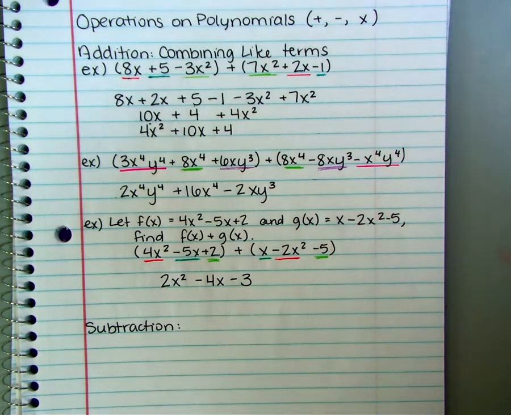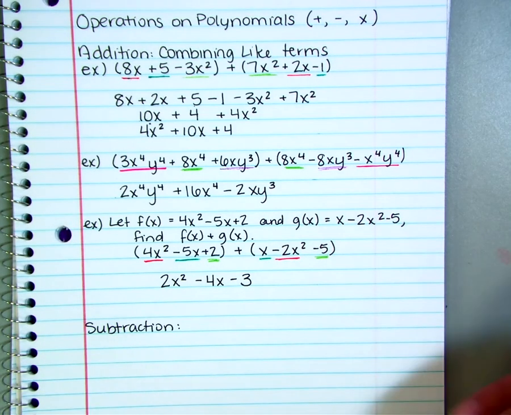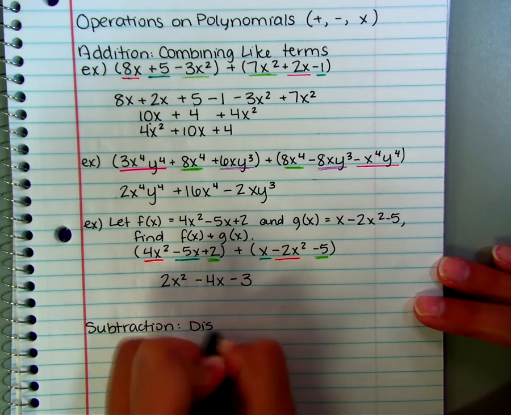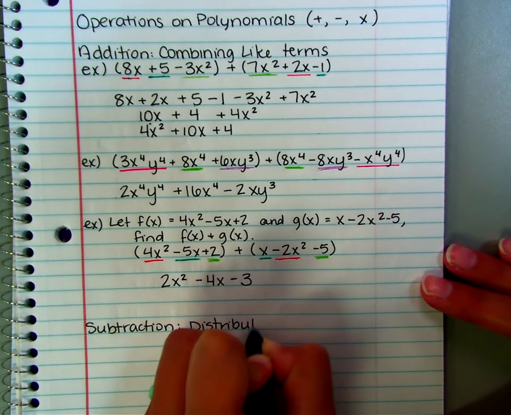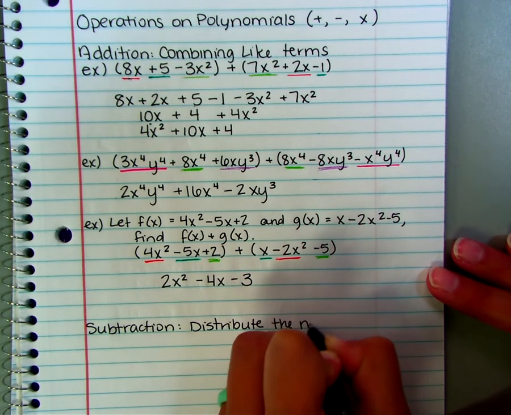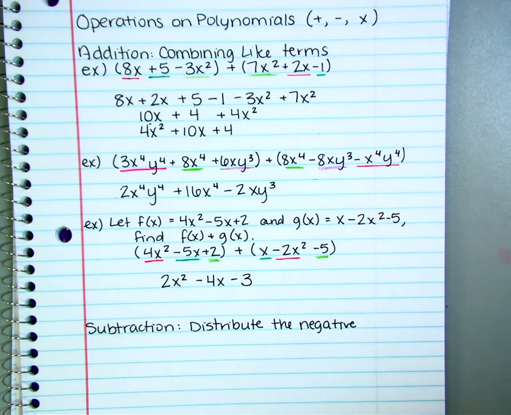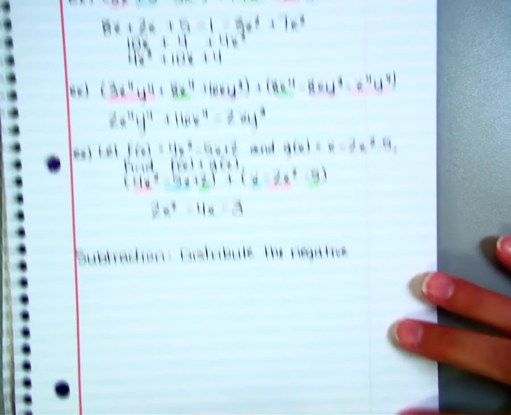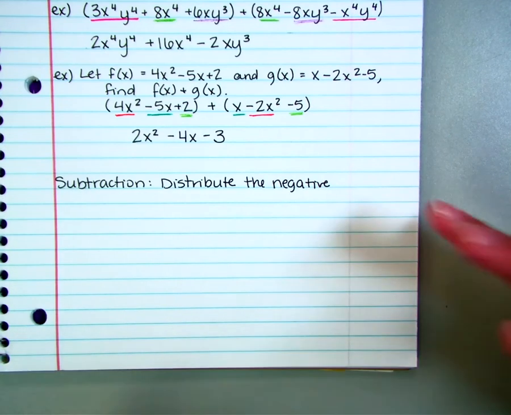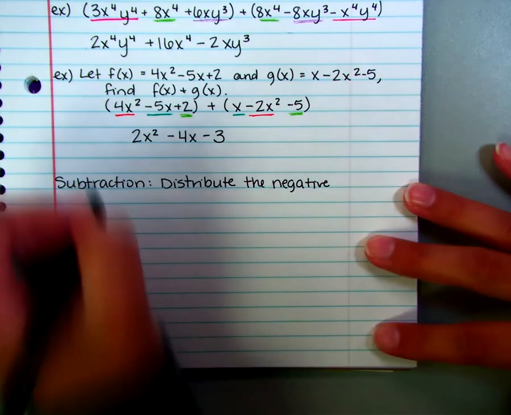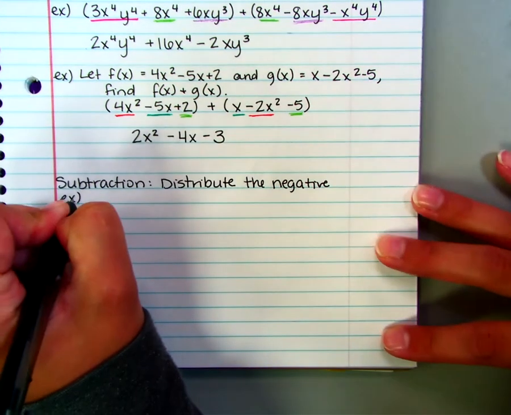Subtraction is really, really similar to addition, except for one initial step. You want to distribute the negative. So if you were taking notes, distribute the negative should be big and bold, highlighted, underlined, arrows to it. That's the only difference between addition and subtraction. And so you might not know what that means, and so we'll go through that so that you know exactly what it means. So first example, we'll say